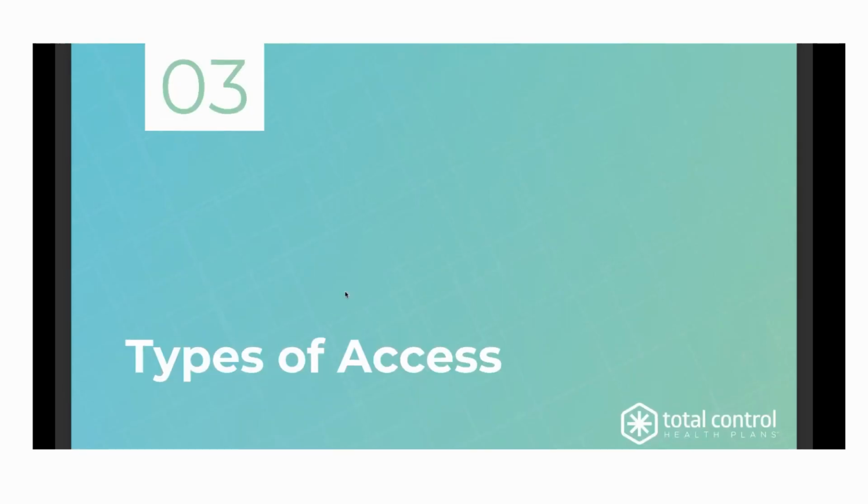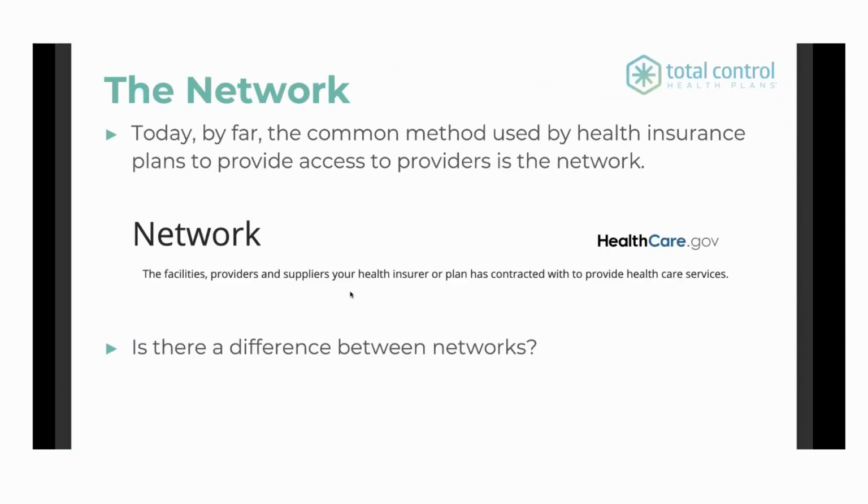So let's talk about the different types of access that we have with health plans. First and foremost, the network. Probably the vast majority of you on our call today are familiar with the network. You have health plans that use them. It is by far the most common method health insurance uses to provide access to providers. Healthcare.gov defines the network as the facilities, providers, and suppliers your health insurance or plan is contracted with to provide